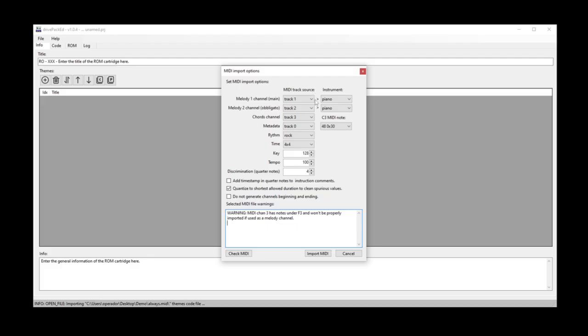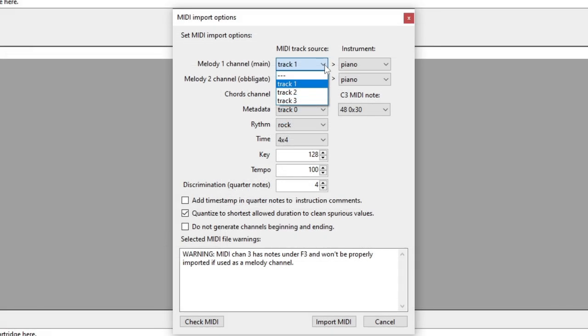In this form, you must specify which MIDI tracks correspond to each of the ROM pack theme channels. In the example, we leave the default settings: MIDI track 1 for Melody 1, MIDI track 2 for Melody 2, and MIDI track 3 for the chords channel. We also check the Add Timestamp in Quarter Notes to Instructions Comments checkbox to add timestamps to each instruction comment, since this can help identify the imported notes in the DAW